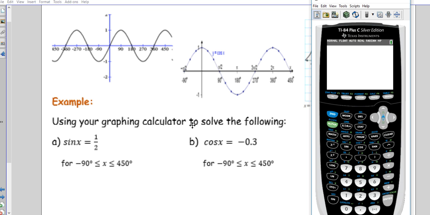Use your graphing calculator to solve the following. Sine x equals 1/2 for negative